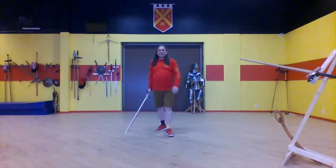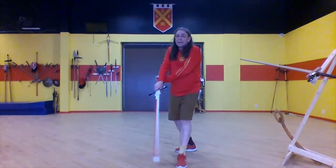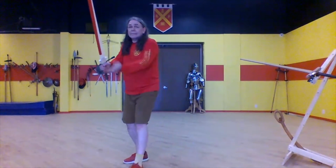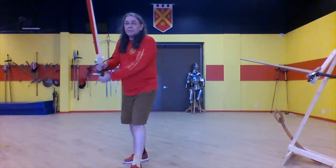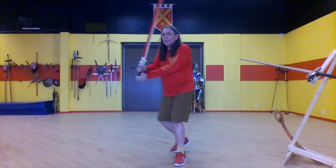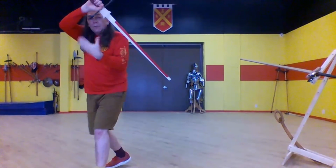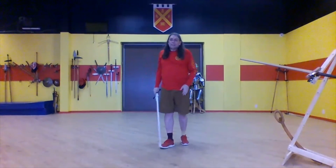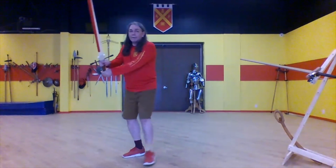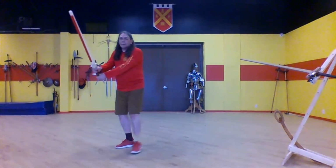And very last thing, we're going to do the same thing on our short side. Once again, we're going to circle, gather, and step. We're using the strength of our structure, but we're on our weak side. So quite often, this would actually be leading into a going through wrestling technique, but today we're going to leave out that part. So, circle, gather, step, reset, circle, gather,